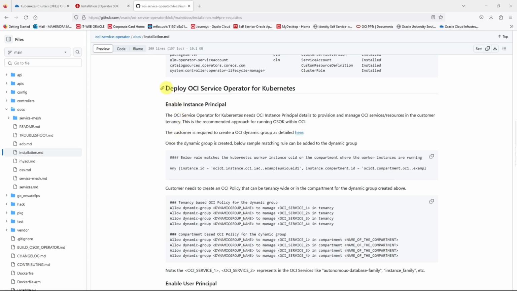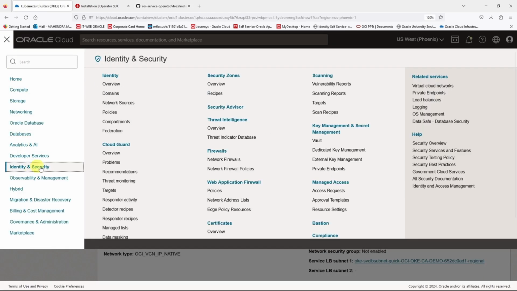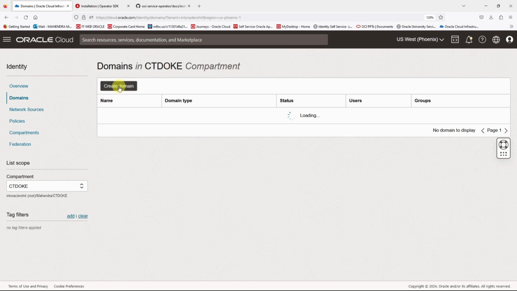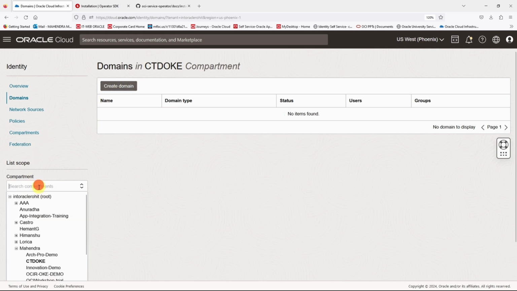Now the next step is to deploy OCI service operator for Kubernetes, for which we'll enable the instance principals first. We will be creating a OCI dynamic group where the worker node instances or the compartment where the worker node instances are running. I'll click on the navigation menu and go to identity and security. Click on domains. I'll select the root compartment